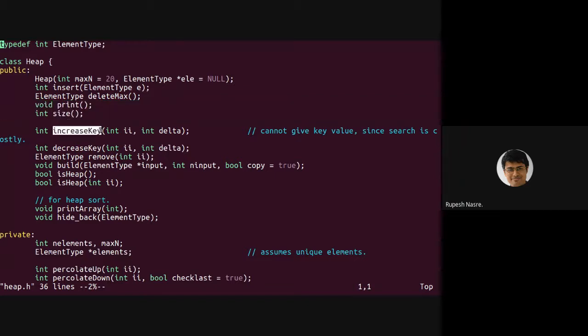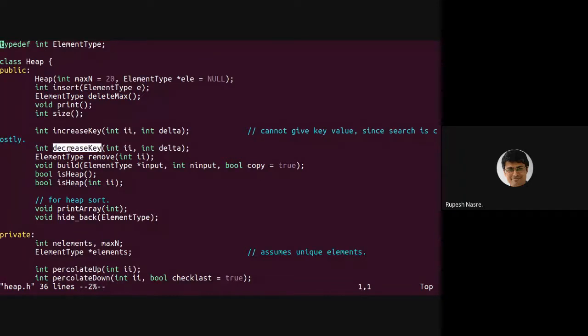Apart from that, there is this increase key function. So increase key of a particular index by a certain delta. So that array of i plus equal to delta is the operation that we want to perform.